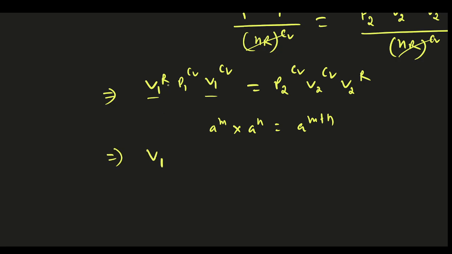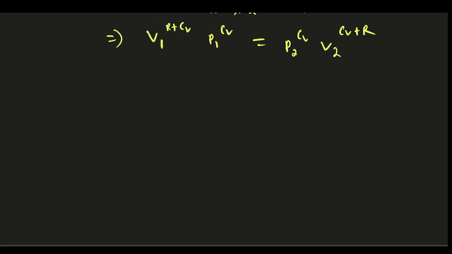Then what happened, both are B1 B1, so this will add R plus CB, and then P1 CB. Similarly here also P2 CB and B2 CB plus R. Okay, so this one I use. So what I'll do, both sides I added, then